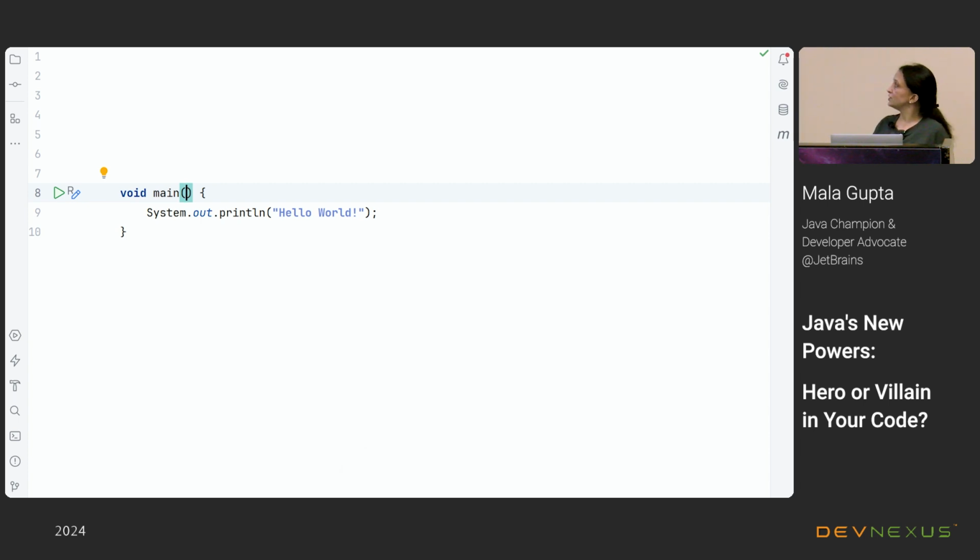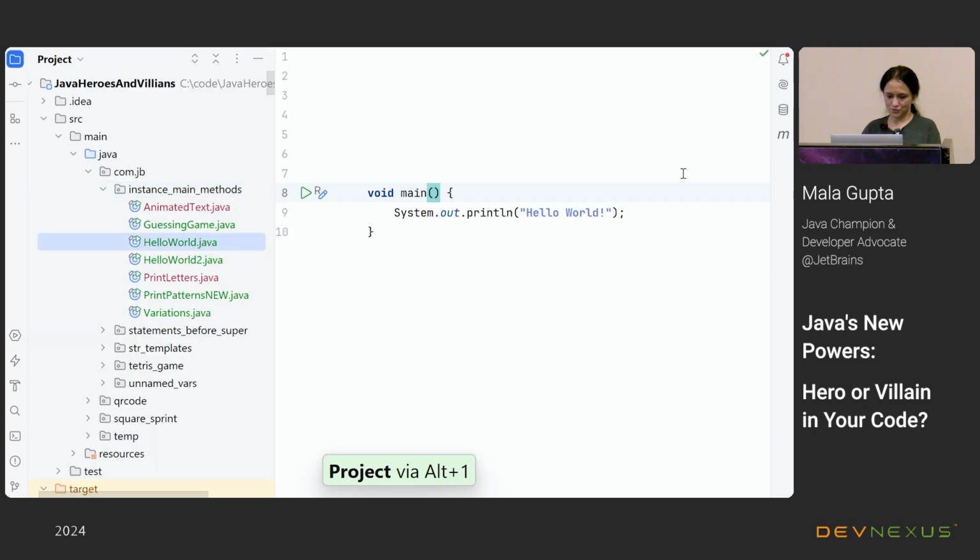This has mostly been done this way for students who are writing their first Java program, so that they don't have to know about all the keywords which are not required in the first place, but they might use later on. But that's not the only thing that can be done with these classes and main methods. Let me show you.